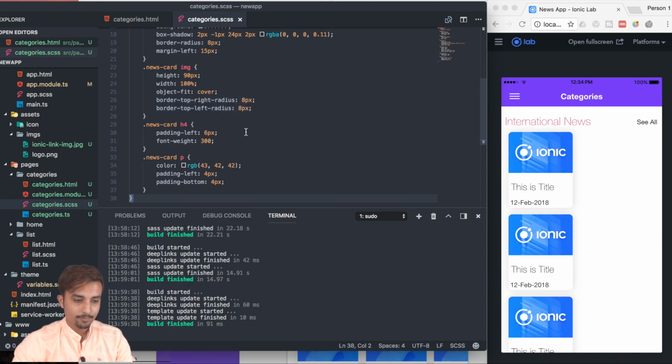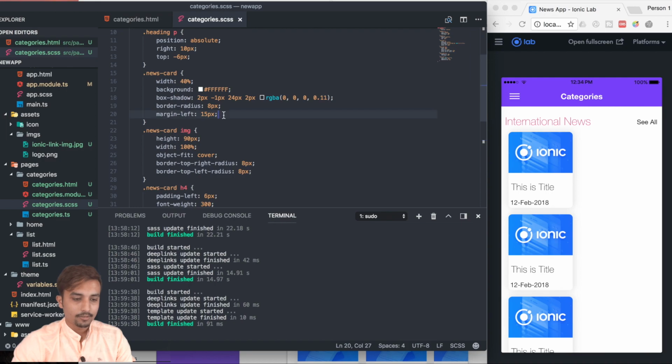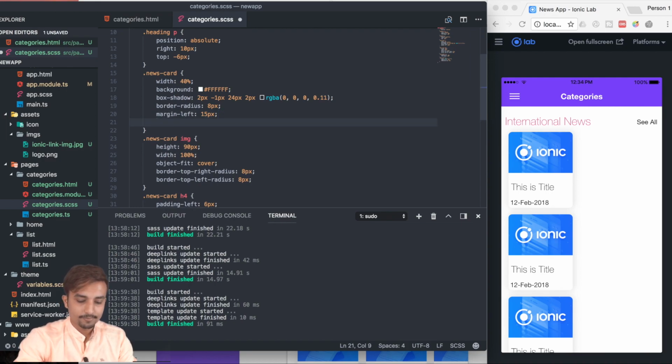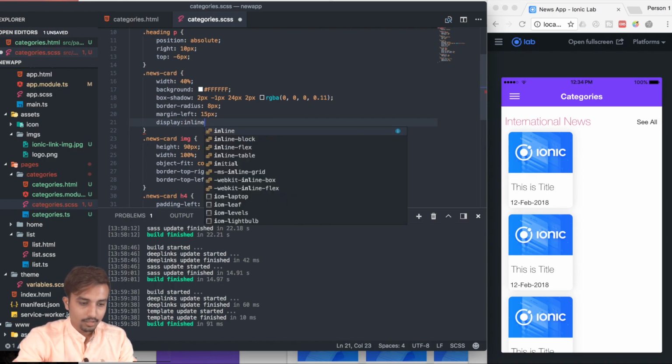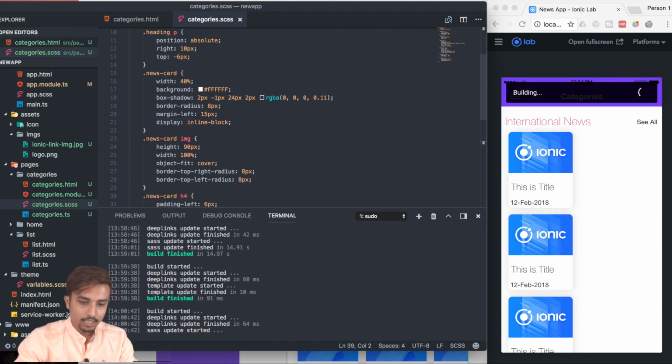So we will make our news card display inline block, right over here. Okay, so this is going to be display inline block, but still it's not going to get a horizontal scroll. There should be no white space wrapped,